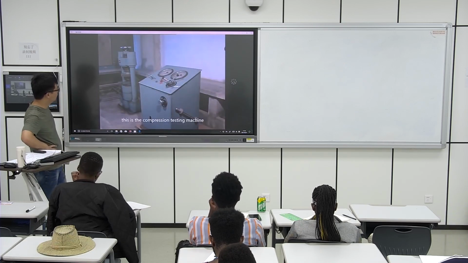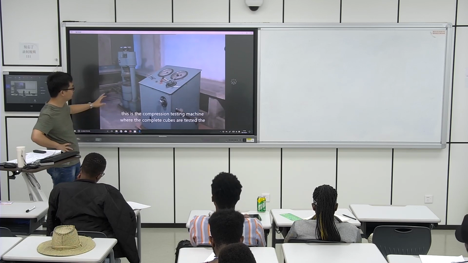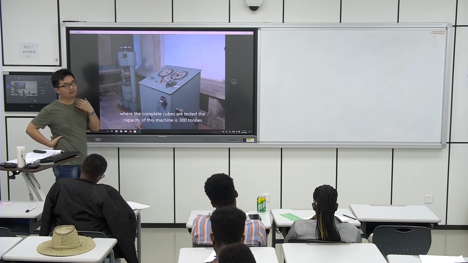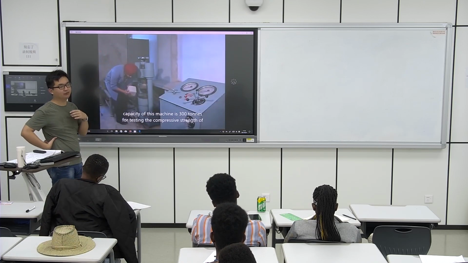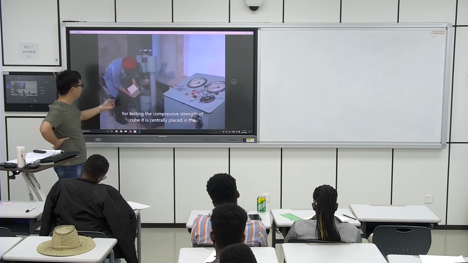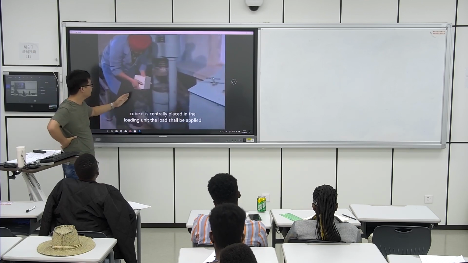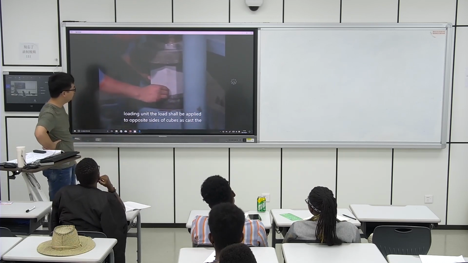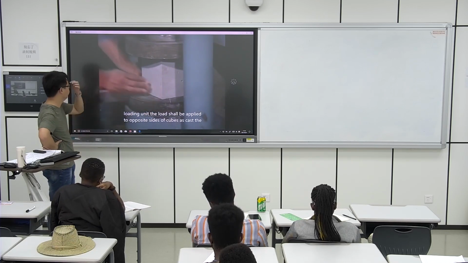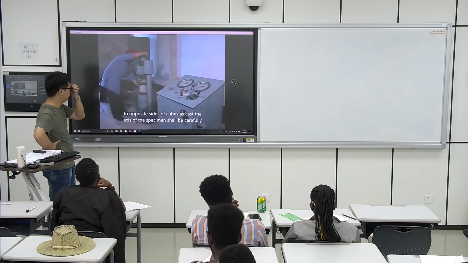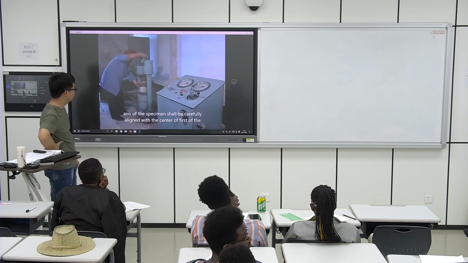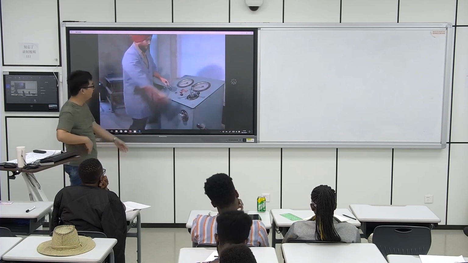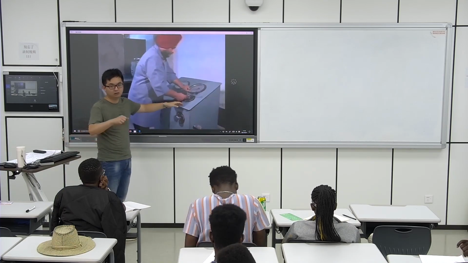This is the compression testing machine where the concrete cubes are tested. The capacity of this testing machine is 300 tons, as you may see in our school. For testing the compressive strength of a cube, it is centrally placed in the loading unit. Put the specimen on the machine. The load shall be applied to opposite sides of the cube as cast. The axis of the specimen shall be carefully aligned with the center of thrust of the spherically seated stator. It should be the middle point, the center, and then they give the load, give the pressure,